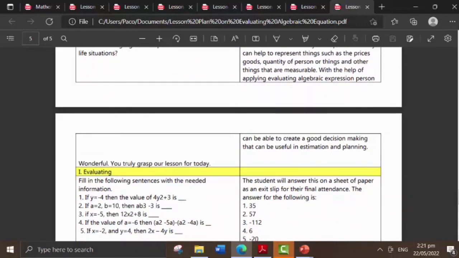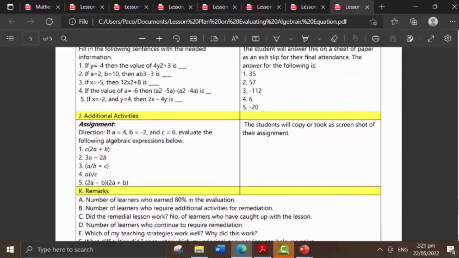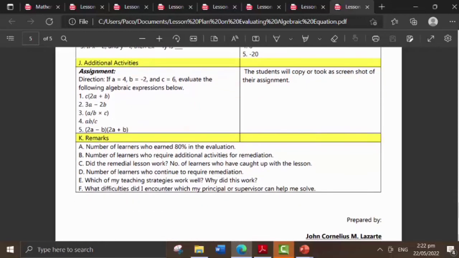And after the generalization, we have the part evaluation, or evaluating. For evaluating, we can have a small quiz or short test written in the teacher's activity, and the possible answers should be revealed in the left column part of the daily lesson plan. And for the additional activities, we can write here our assignment for the students, and the teacher's activity here is to post this assignment. Then for the student activity, they just need to copy their assignment, and you can leave it blank without the answers to the assignment.